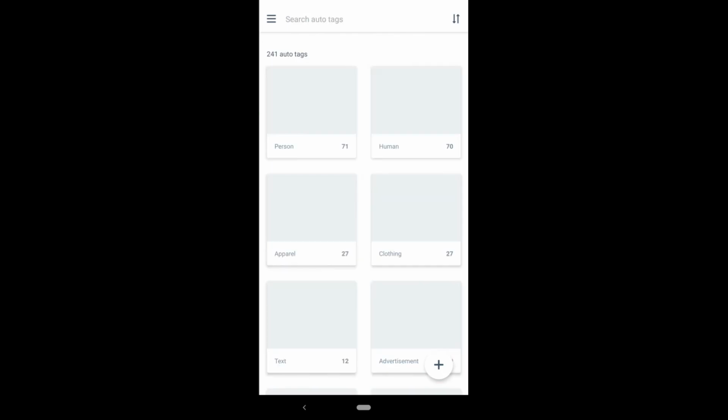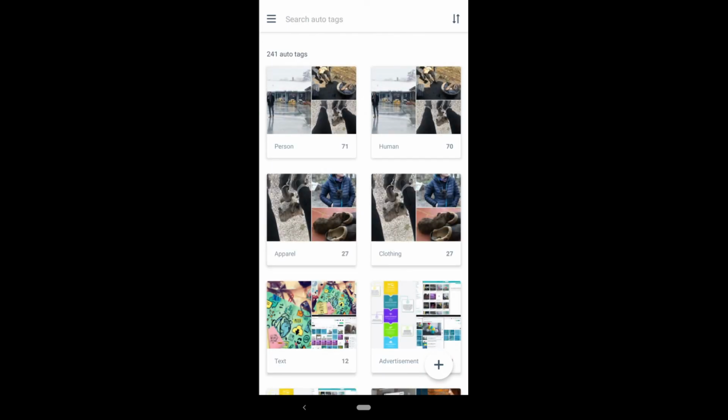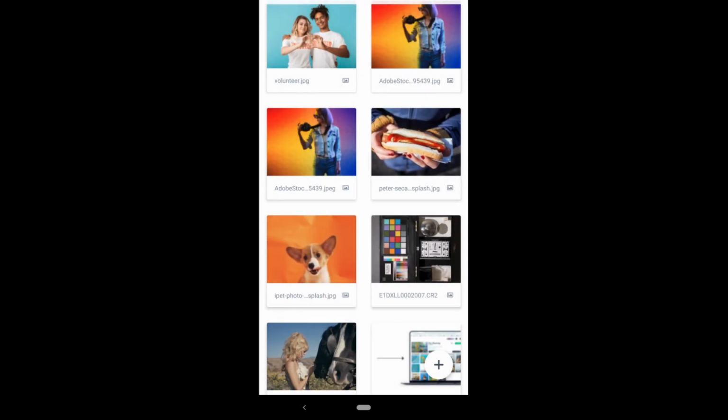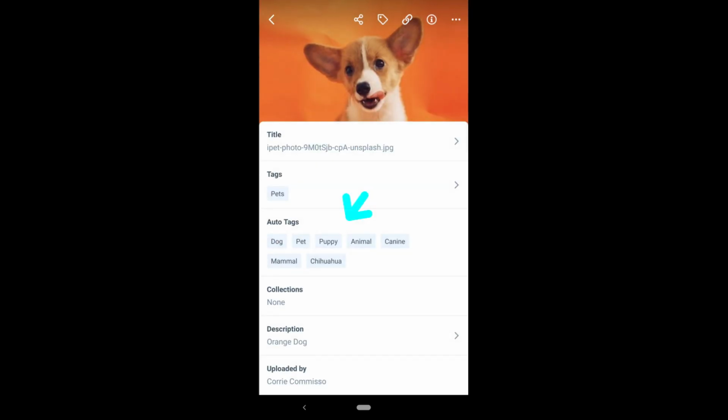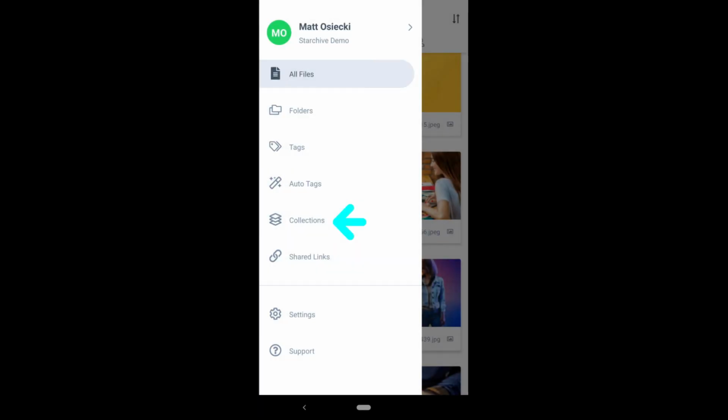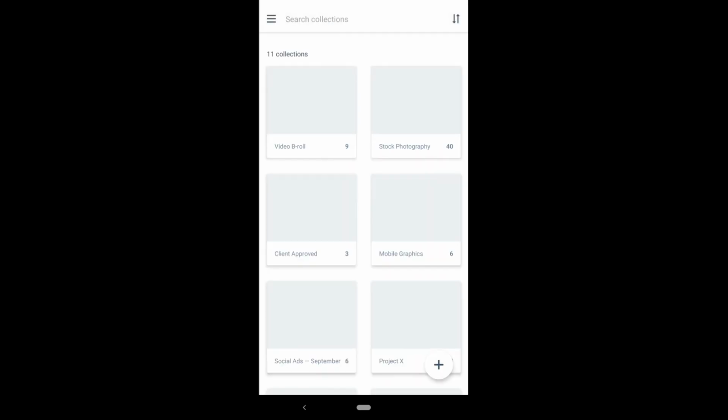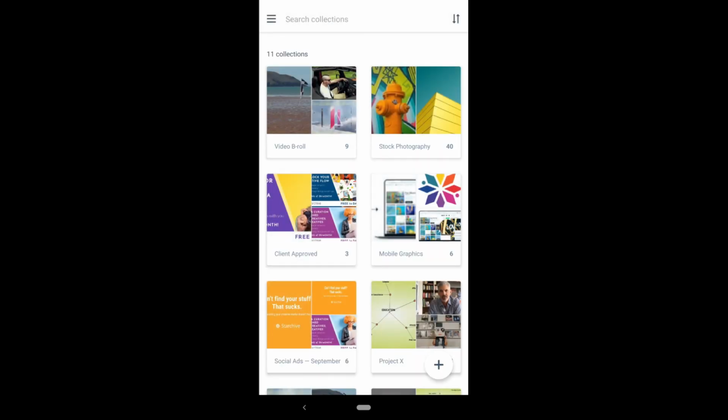Uploaded files are automatically given Autotags by powerful AI recognition software. For example, when I uploaded a picture of a dog, Starchive will automatically tag the picture with dog, pet, and puppy Autotags. Collections are a great way to curate or group your digital media for easy reference, without worrying about